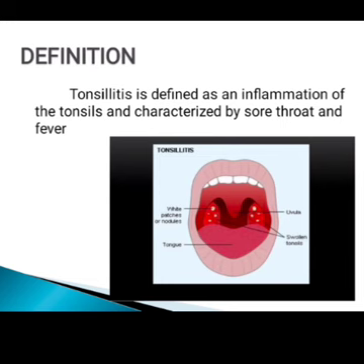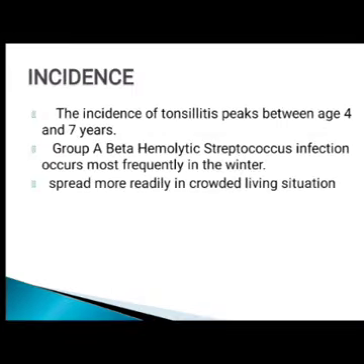Tonsillitis is usually defined as an inflammation of tonsils and characterized by sore throat and fever. Incidence. The incidence of tonsillitis peaks between age 4 and 7 years. Group A beta hemolytic streptococcus infection occurs most frequently in the winter and it spreads more rapidly in crowded living